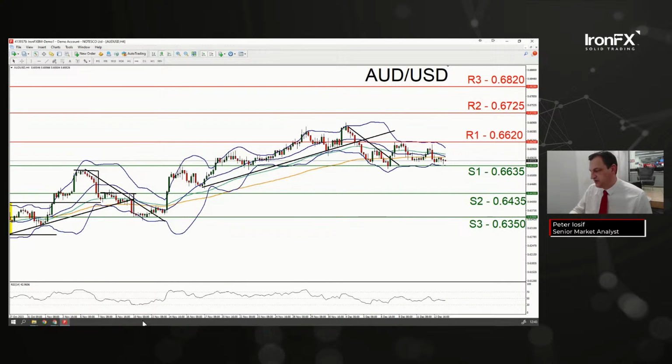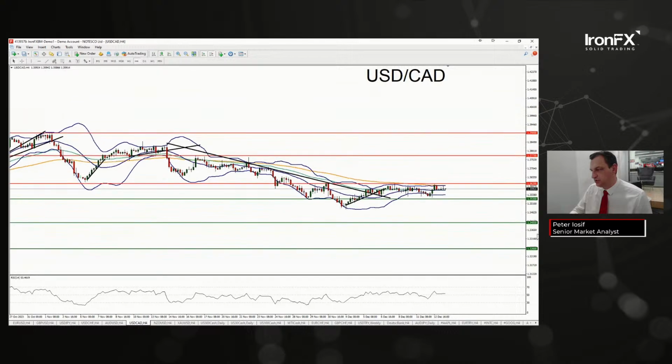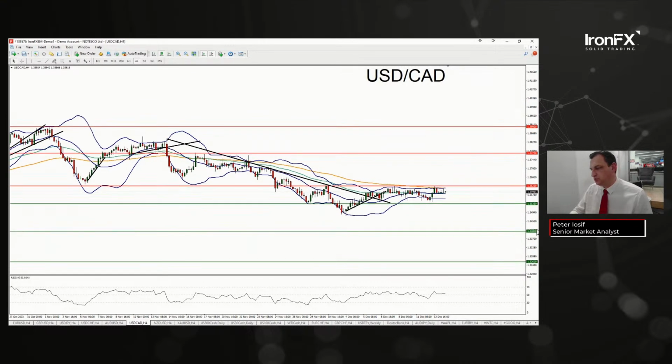Okay, let's have a look at USD CAD. USD CAD also maintains a sideways motion, a very narrow range-bound one. Actually, I'm a little bit surprised that USD CAD was confined in such a narrow sideways motion the past 72 hours, even more. This is characterized by how the Bollinger Bands have narrowed. The RSI indicator is flirting around the reading of 50, implying a rather indecisive market.